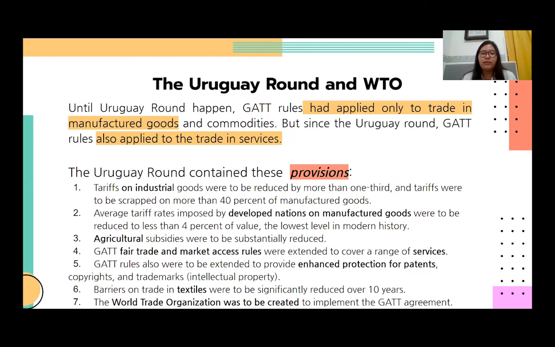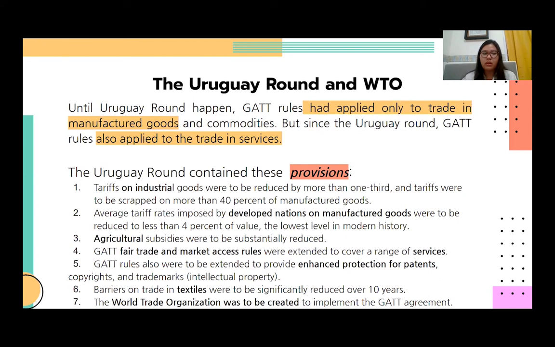Second one, average tariff rates imposed by developed nations on manufactured goods were to be reduced to less than 4% of value, the lowest level in modern history. Third one, agricultural subsidies were to be substantially reduced. And the fourth one, GATT fair trade and market access rules were extended to cover a range of